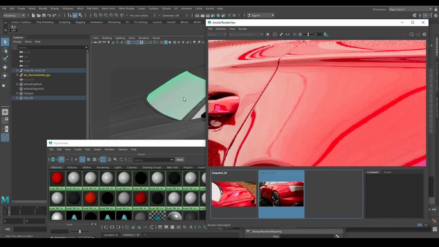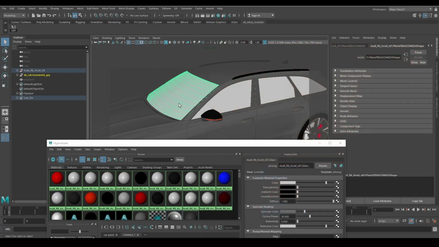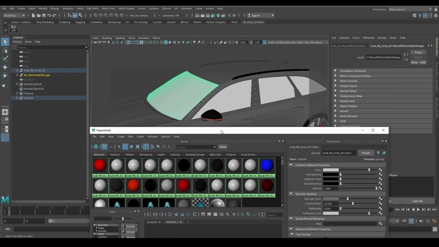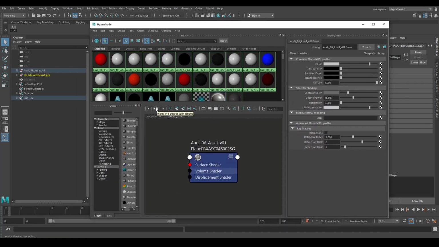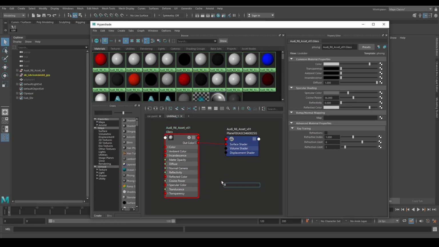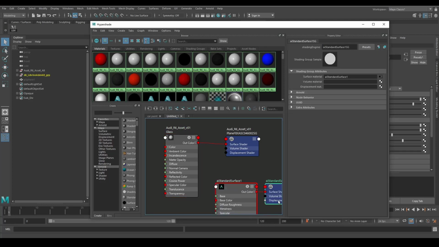So the next thing is to select any of the glass objects right here, and we're going to graph. That's actually not graphing, let's try that again. This is input and output connections. We're going to graph the material, and that shows us the glass, which is, as you can see, a Phong shader. We don't want that. So this is going to be an aiStandardSurface, and we can delete the shading group